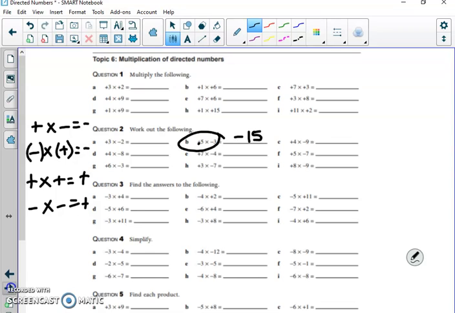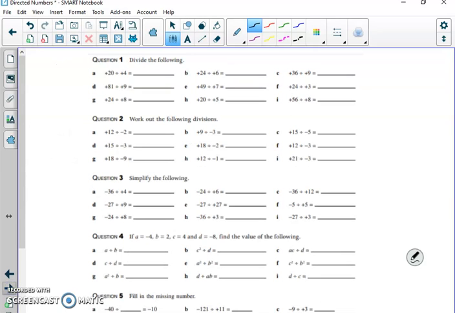And it's the same with division. These same rules here apply to my division question. So I look at my question, I do the number part first, so let's do this one. 20 divided by 5, I know that my number part of it is going to be 4, and then I look at the signs of each of these numbers. They're both positive, it's a positive. If I was looking, say, at this one, I do my 18 divided by 2. I know that the number part is going to be 9. If I review it, I see that there's a positive and a negative, and we know that by our